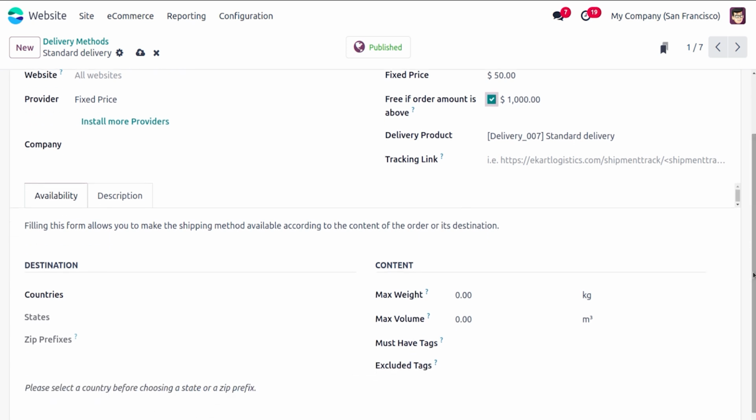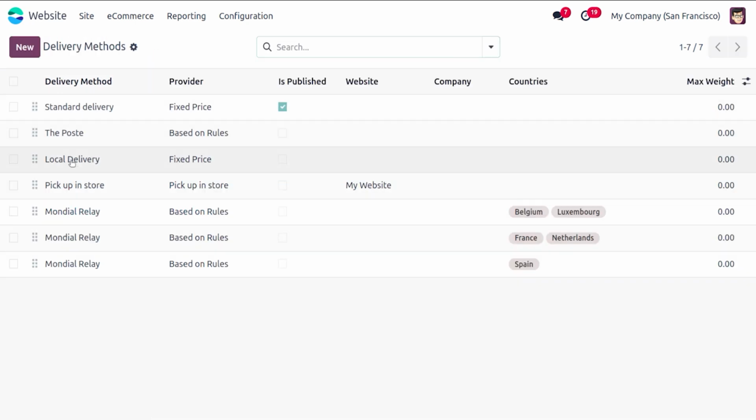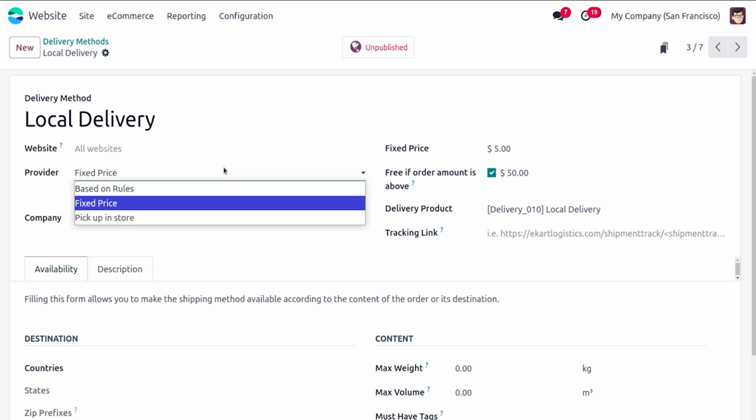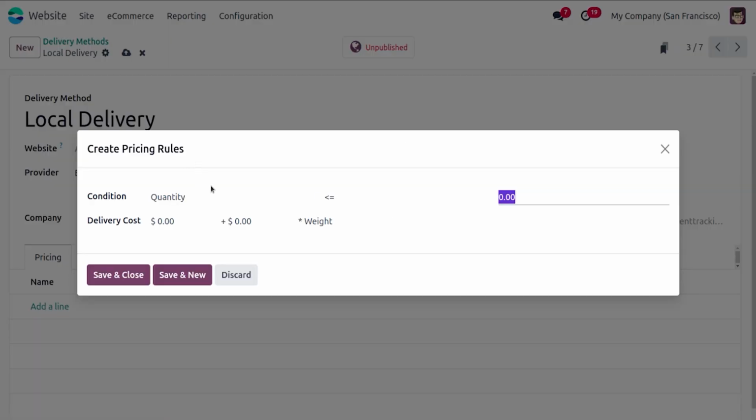So let's configure this delivery for the product with a must have tag as fragile, which means the product with this tag can use this standard delivery. Then let's save and move to the local delivery. Here we can see the local delivery charge is added as 50, or we can use it by choosing some particular rules like pricing. Here we can mention if the quantity is greater than or equal to 1, then the delivery cost is 0 plus